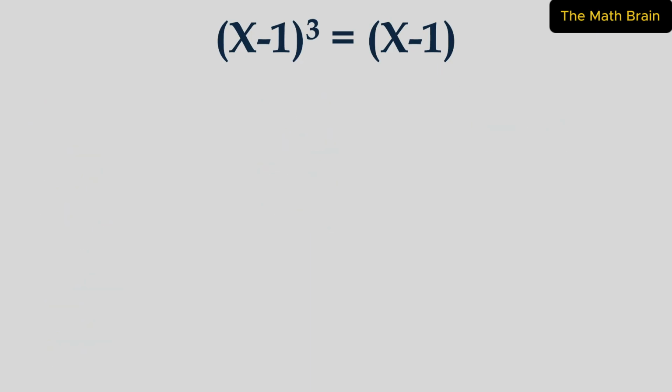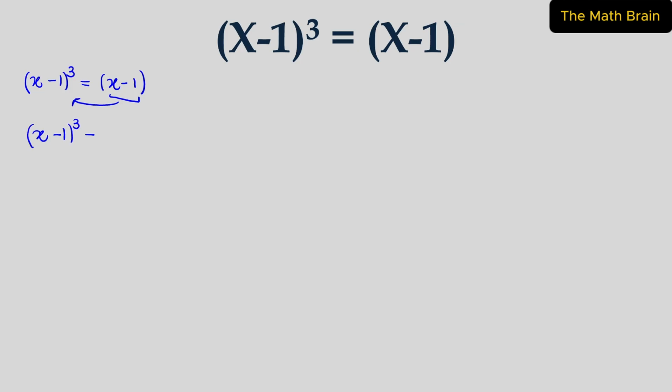I hope this is clear. Now let's start with the second method. Here, let's write the equation first. (x minus 1) cube is equal to x minus 1. What we are going to do is take this x minus 1 to the left hand side and we will get (x minus 1) cube